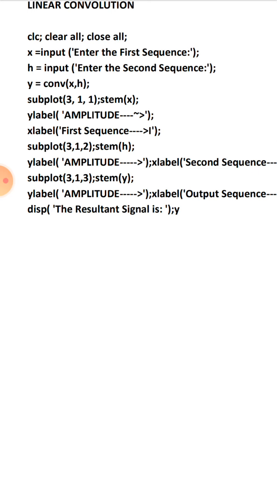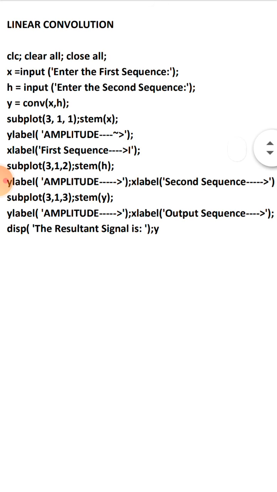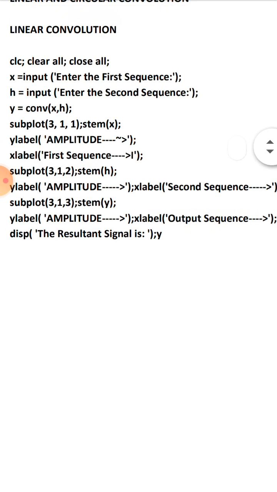Then you give ylabel, xlabel, and again subplot of 3 comma 1 comma 2. In the second position you are plotting H, that is your second sequence. You are giving xlabel and ylabel, that is the names for your X axis and Y axis. Now subplot of 3 comma 1 comma 3, stem of Y. In the third position you are plotting the convolved signal.